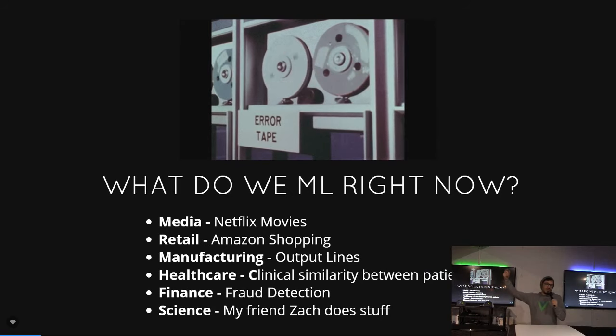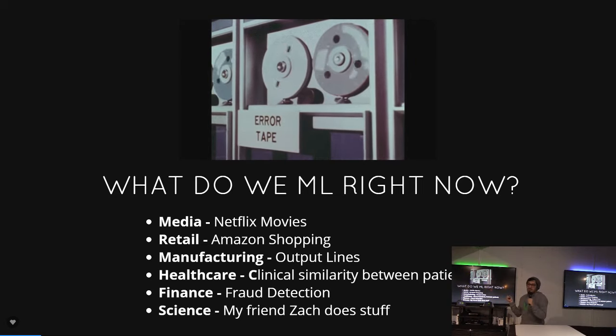Okay, so people already use machine learning, which is fun. And what do we use it for? Media: Netflix is using it on movies. Our Netflix recommendations aren't the same because they learn about us. Retail: same thing with Amazon, right? Our stuff is not the same. Sometimes my shopping wish list or the suggestions I get aren't the same as yours because they're continuously learning about us and about the products, trying to make associations.